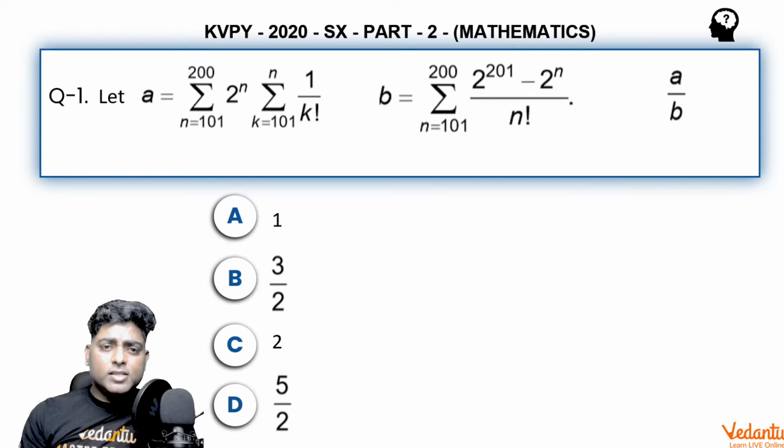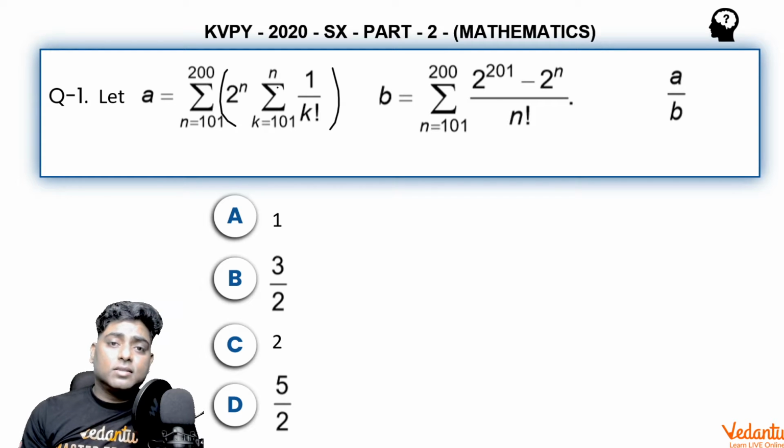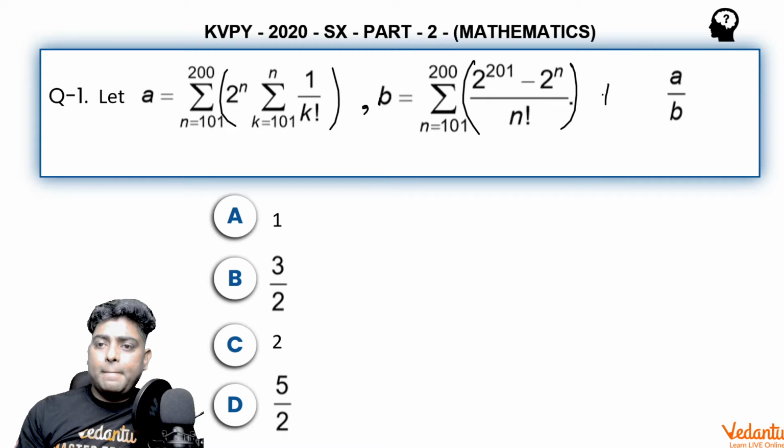It says let a equal sigma n from 101 to 200, 2 raised power n, and inside again we have a sigma k from 101 to n. So as per n, k would be taken from 101 to that particular n, 1 upon k factorial. And b is defined as sigma n from 101 to 200, 2 raised power 201 minus 2 raised power n by n factorial. Then the value of a by b is...